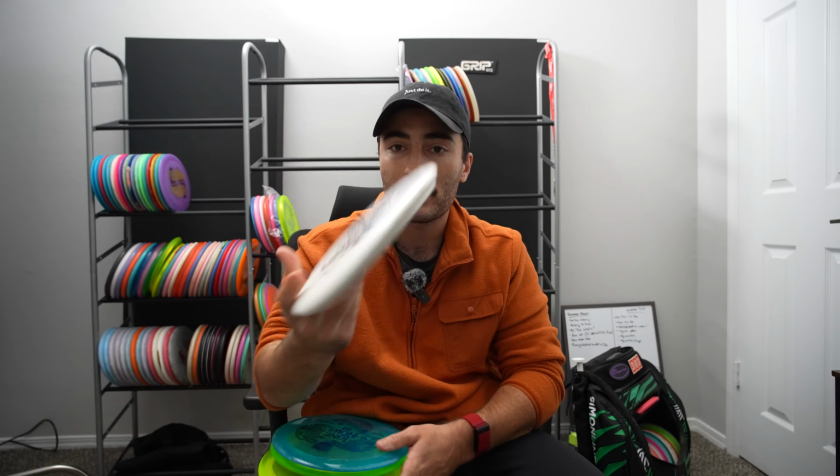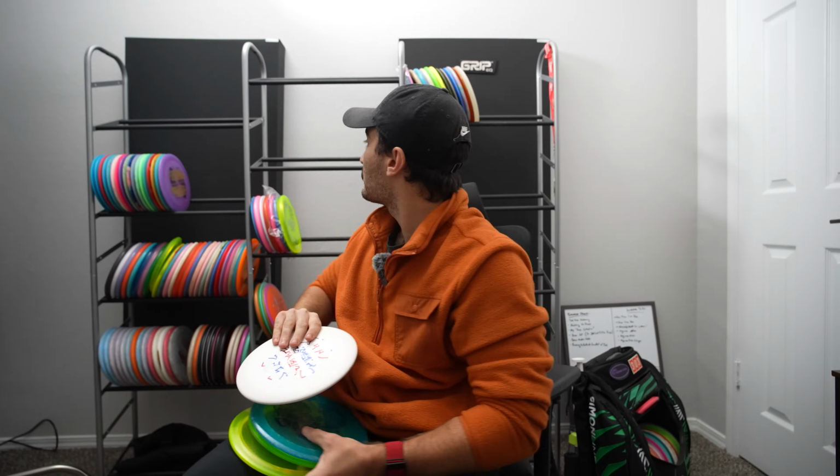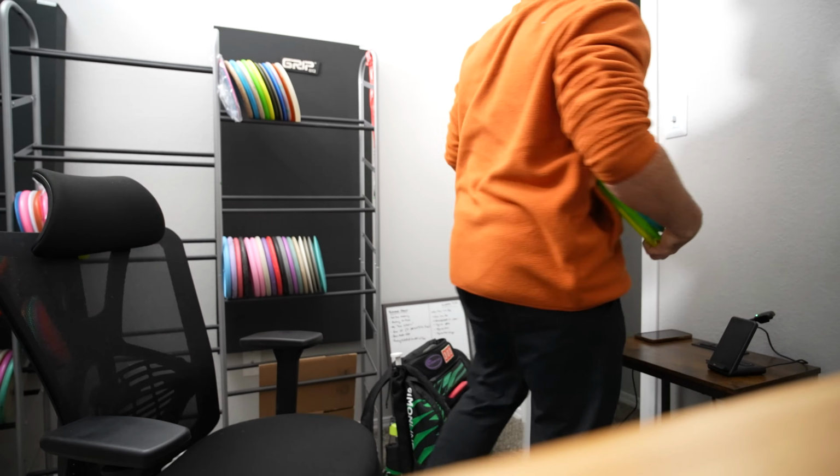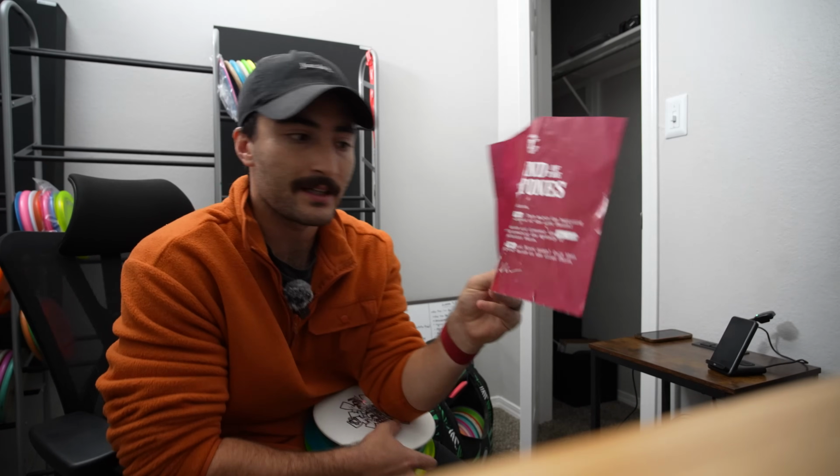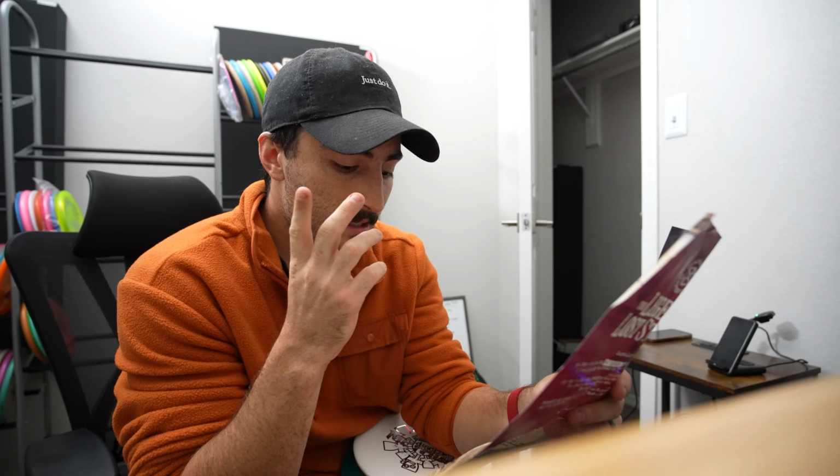I think then everyone either gets a Tactic or a Method. This is just my guesses. There might be a sheet that says, let me go in my closet real fast and see if there is. Because I never actually read this online. And apparently there's supposed to be a code on here for the red box and one code for the black box. Another one of my thoughts, which I wanted to talk about in this Banana Froth video, is